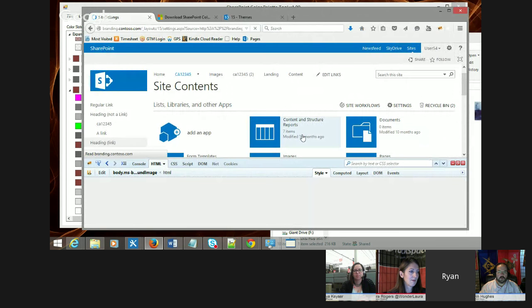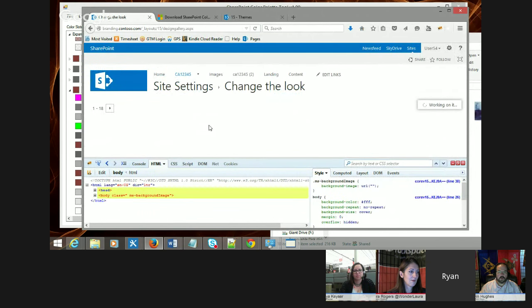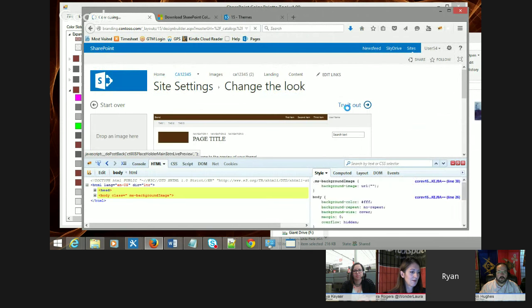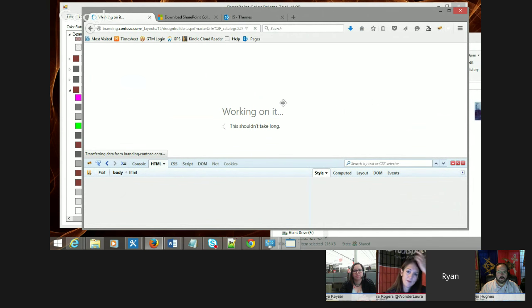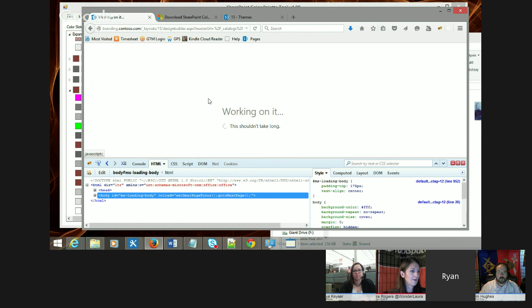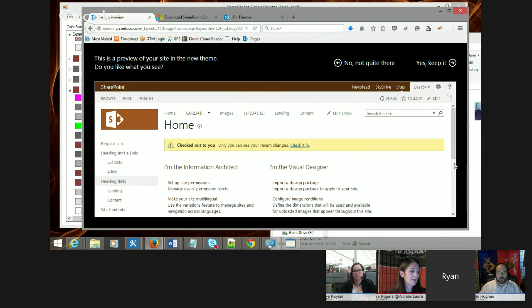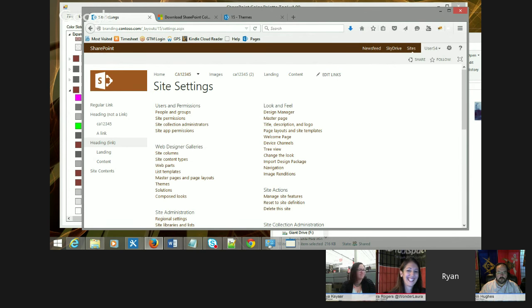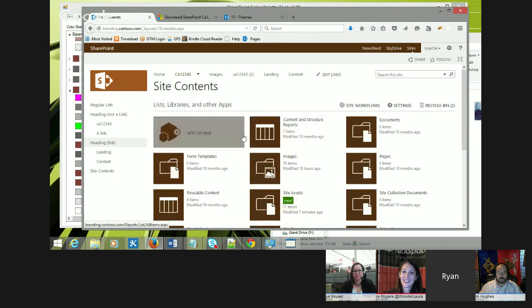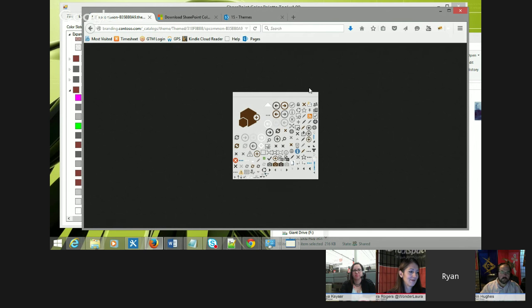everything gets recolored. So if I go to Site Settings, change the look, awesome brown theme, and apply that, there we go. Yes, keep it. Come on, SharePoint, I'm running out of time here. All right. Site contents. Look at that, my icon is brown. Okay, well that's cool and all, but if I'm doing a full custom master page, I